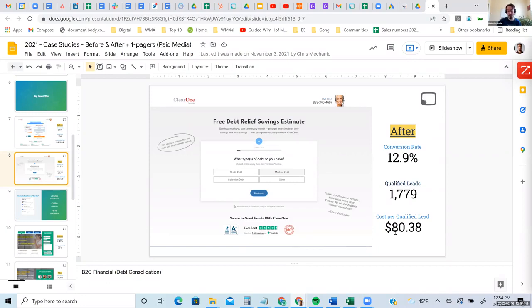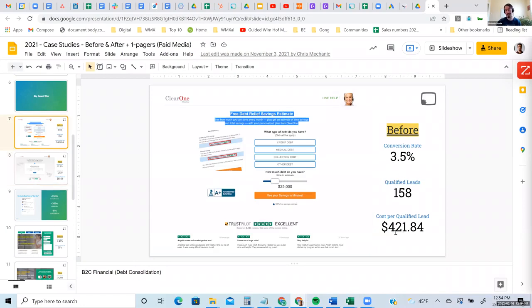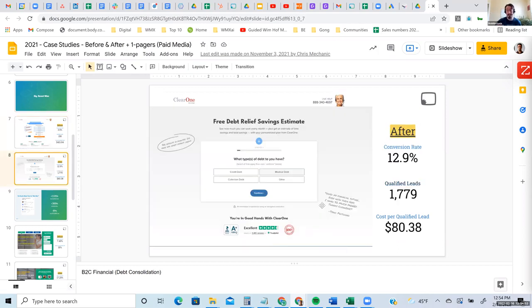And back to Ryan's earlier point about big changes, this wasn't a small tweak, right? We weren't just changing the color or the button or what it says. We were changing the entire experience, right? Because this funnel was a big driver for this client. So in order to refactor the experience, we needed to make these big sweeping changes that met the user's needs that weren't being addressed at the time.